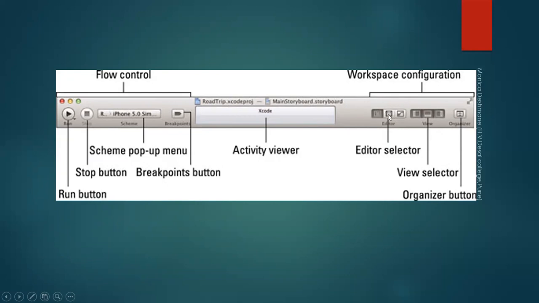These three buttons are there. The view selector configures a particular view: left button, bottom button, and right button, for showing whatever information in brief you want, according to these selected buttons. And the organizer button.